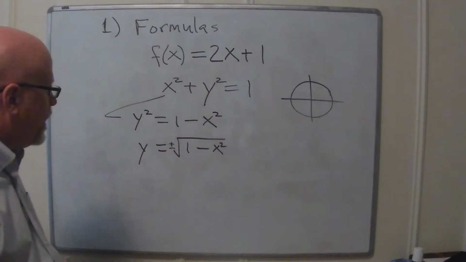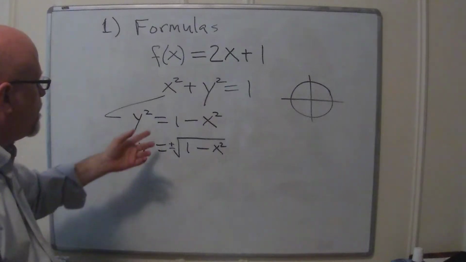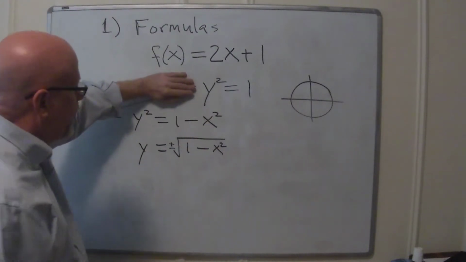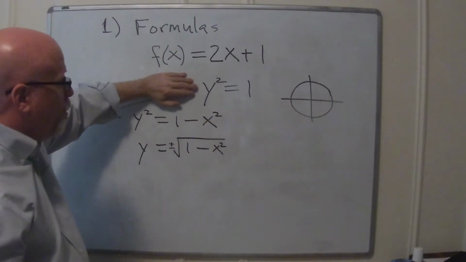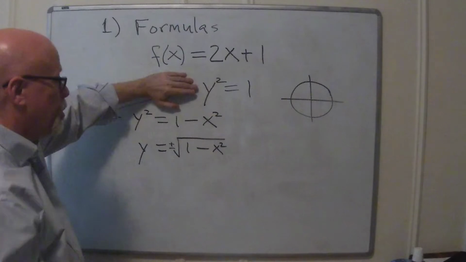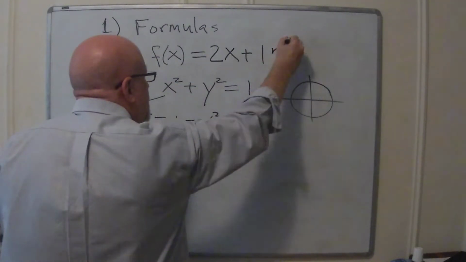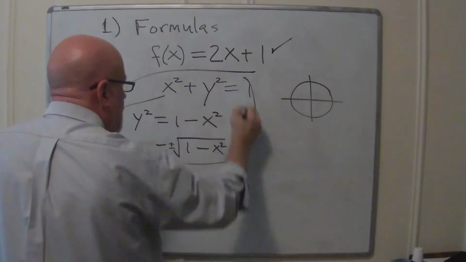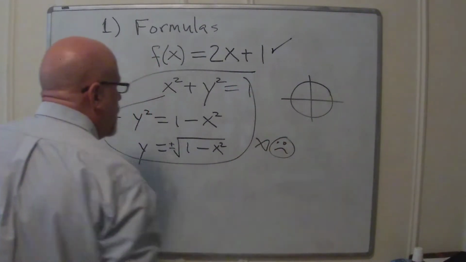If I say, I don't know, x is 0. If x was 0, actually I can just do that by looking at that and say y squared is 1. But does that mean y is 1? No, y could also be minus 1. So we get choices. That's not cool for a function. So this guy, yes, function. This stuff, not a function. Or maybe I should make an unhappy face or something.